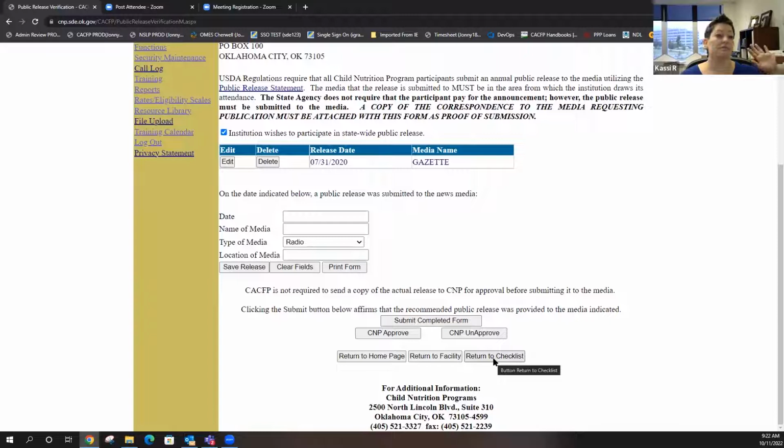So one thing you'll see is that you might have someone that submitted this form last year, and if they're just rolling forward from year to year approved, it's fine. It doesn't matter, because at the time that it was submitted and approved, that person was authorized to do that. You're going to see the same thing with our names because we change in the office. So these are going to roll forward, and whoever approved it last year, their name's going to be there. And they may not even be doing CACFP anymore. But at the time that it was submitted and approved, they were authorized to do so. So you don't need to worry about those names. Does that answer your question?